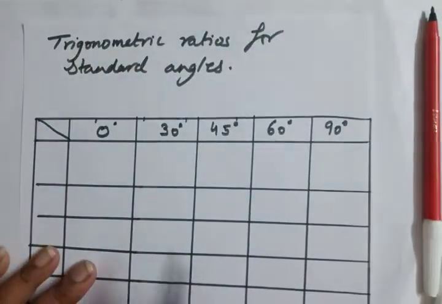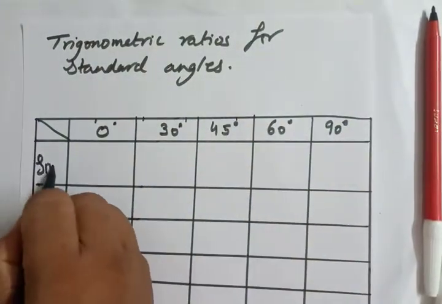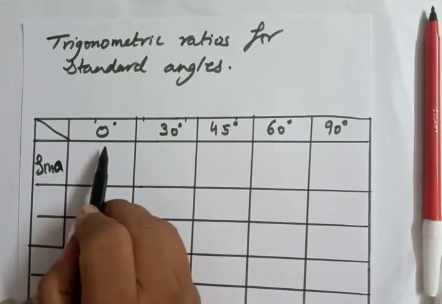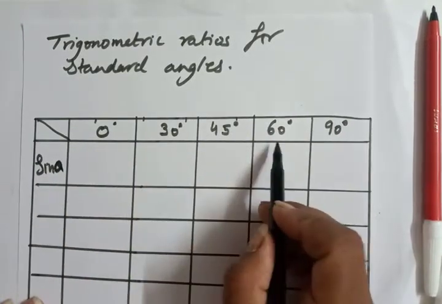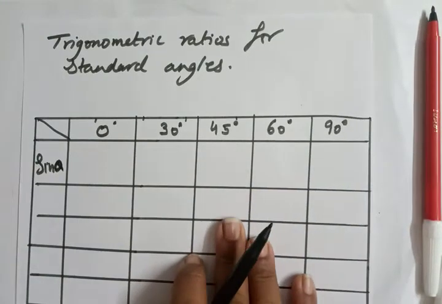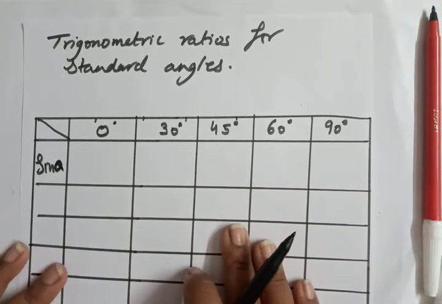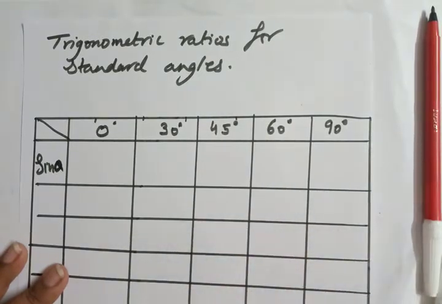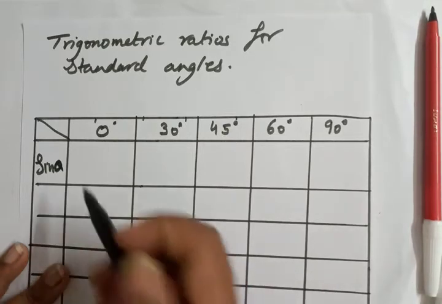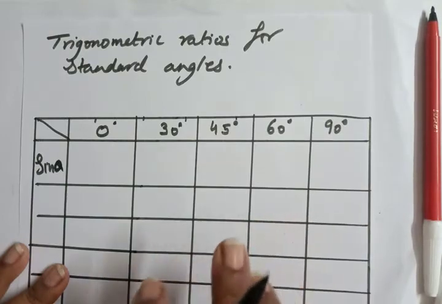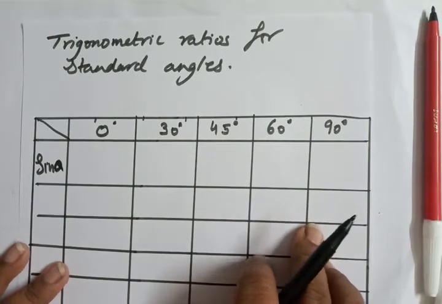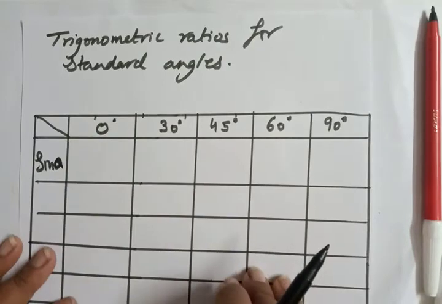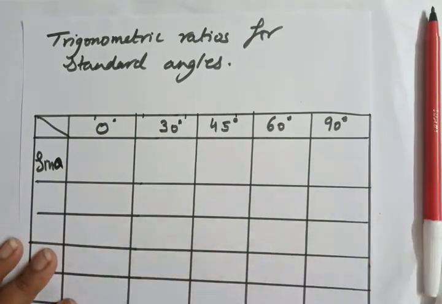So let's find out the values for these standard angles. Suppose this is the table of sin theta. I have written theta, and theta could be 0 degree, 30 degree, 45 degree, 60 degree, and 90 degree. This table you also need to learn. But how could we find this? There is also a trick that we can find out, and if you get to know, that will of course be very helpful to you. Otherwise you can directly learn also. But we have to be clear with our concepts, because we can't take every single question in our video. So we will discuss the concept.